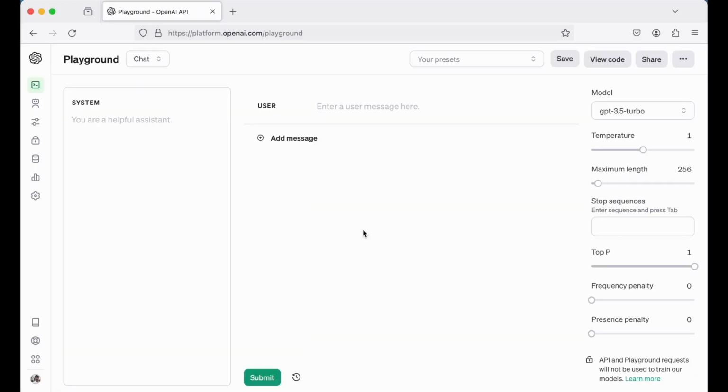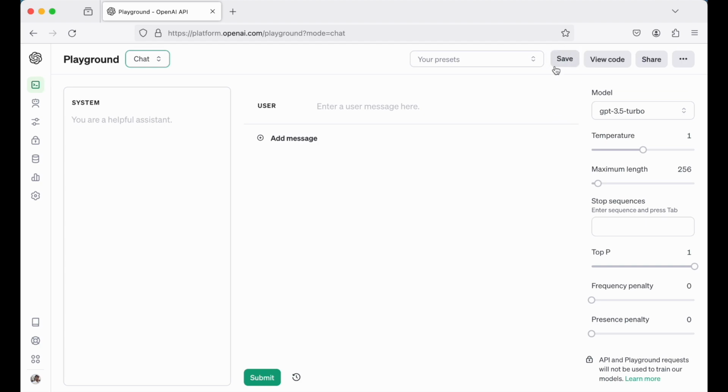After successful login, you will land on this type of playground where "playground" is written. Let me briefly give you the walkthrough of this, then later we will see each and everything in detail. You would see here this chat option. If I click on this, you would see these three options. In this particular video, we will majorly focus on this chat option. One is complete, which is a legacy option, and this assistants option is in the beta phase. So we will majorly focus on chat, and I will keep this chat itself.